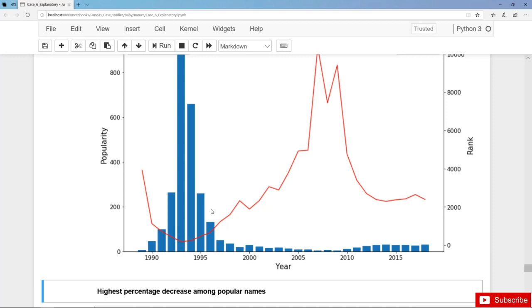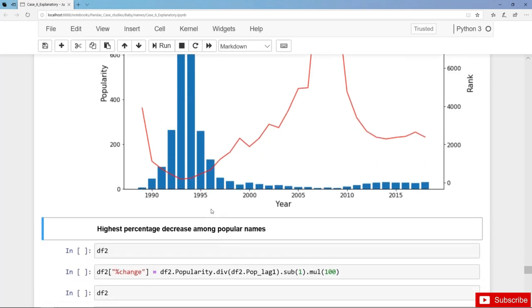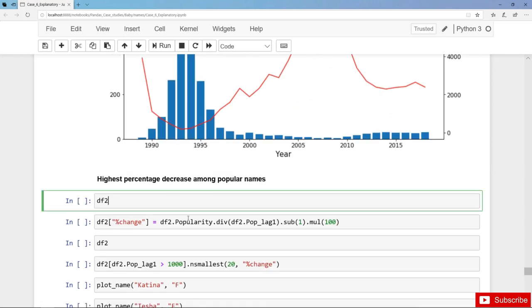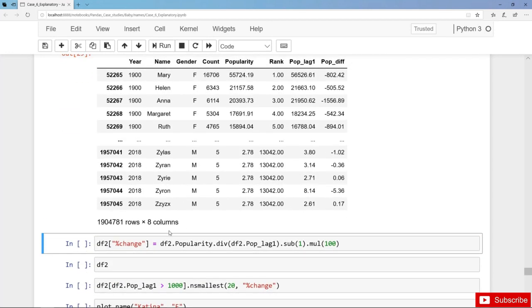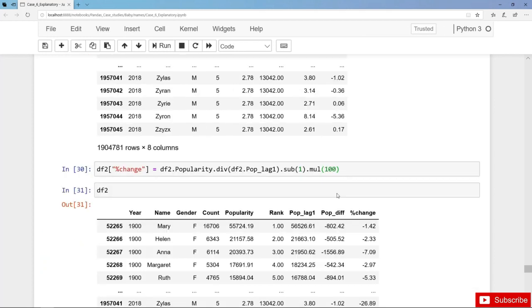And now in the next step, we can also analyze the highest percentage decrease among popular names. So we have still df2, and we can create the additional column percentage change. And this is simply the popularity divided by lag1, minus 1, multiplied with 100. And for instance, we have Mary in the year 1900, and the percentage change from 1899 to 1900 was